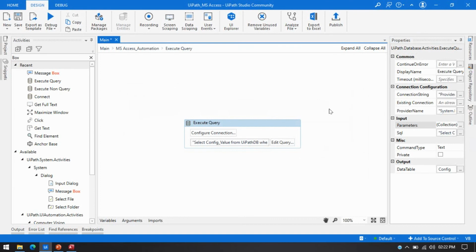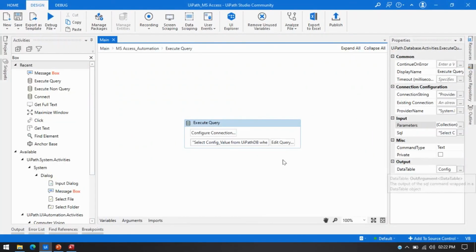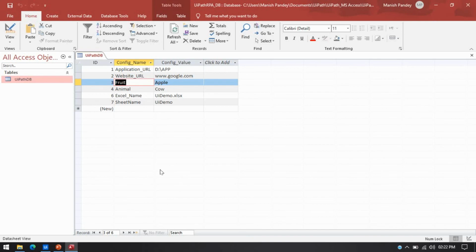So we have to pass that. Now save that and you can run it. We'll be getting apple here, right? In this way we can pass parameters, we can pass a select query here, and we can get values from this MS Access table.